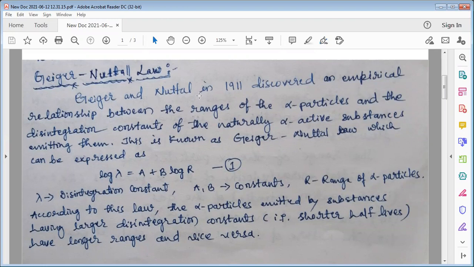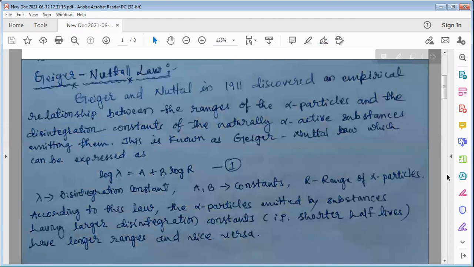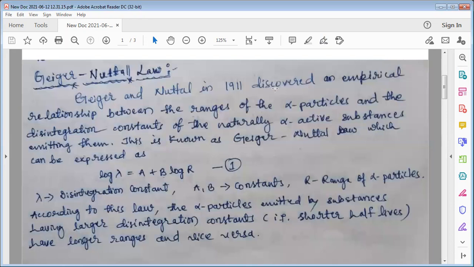Geiger and Nuttall in 1911 discovered an empirical relation between the ranges of the alpha particles and the disintegration constants of the naturally alpha active substances emitting them. This is known as Geiger-Nuttall law, which can be expressed as